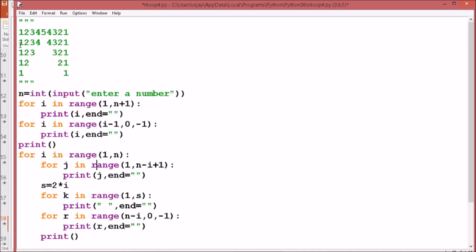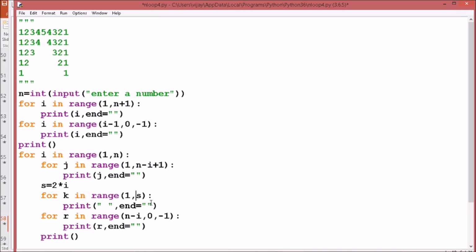So in the second line it will print 1 2 3 4, in the third line 1 2 3, in the next line 1 2, and in the next line 1. With each iteration the value of i gets changed, so accordingly we subtract i from n. If n is 5, 5 minus i, if it is 1 initially, is 4, 4 plus 1 is 5, so it will print up to that. Then we print the value of j, then we print the number of spaces. The number of spaces is 1, then 1 to 3, 1 to 5, 1 to 7, and so on.